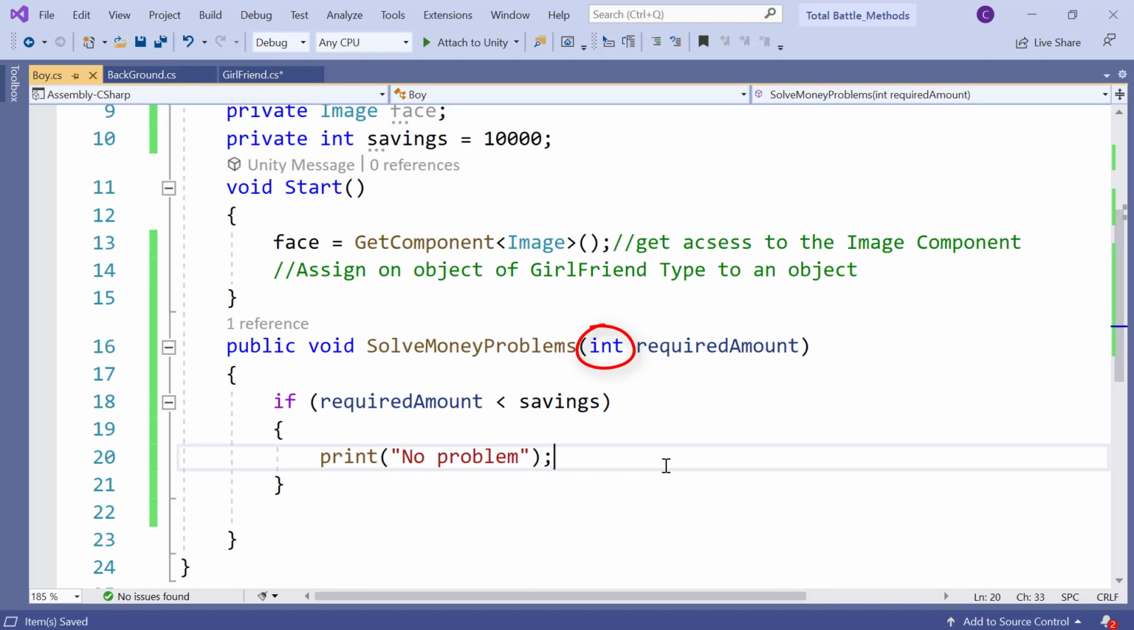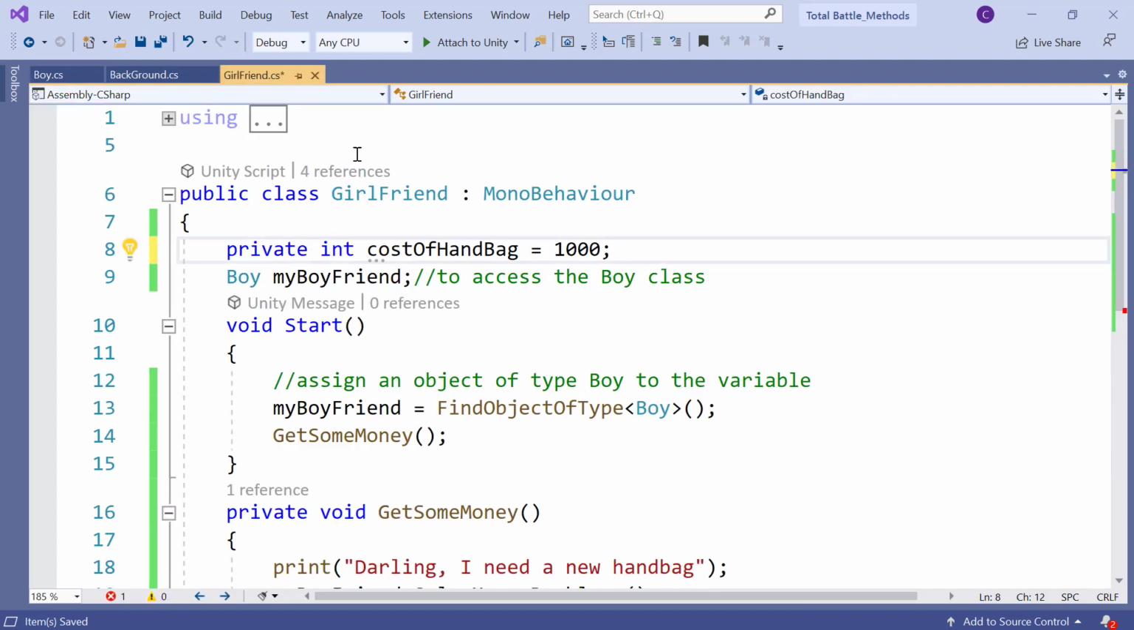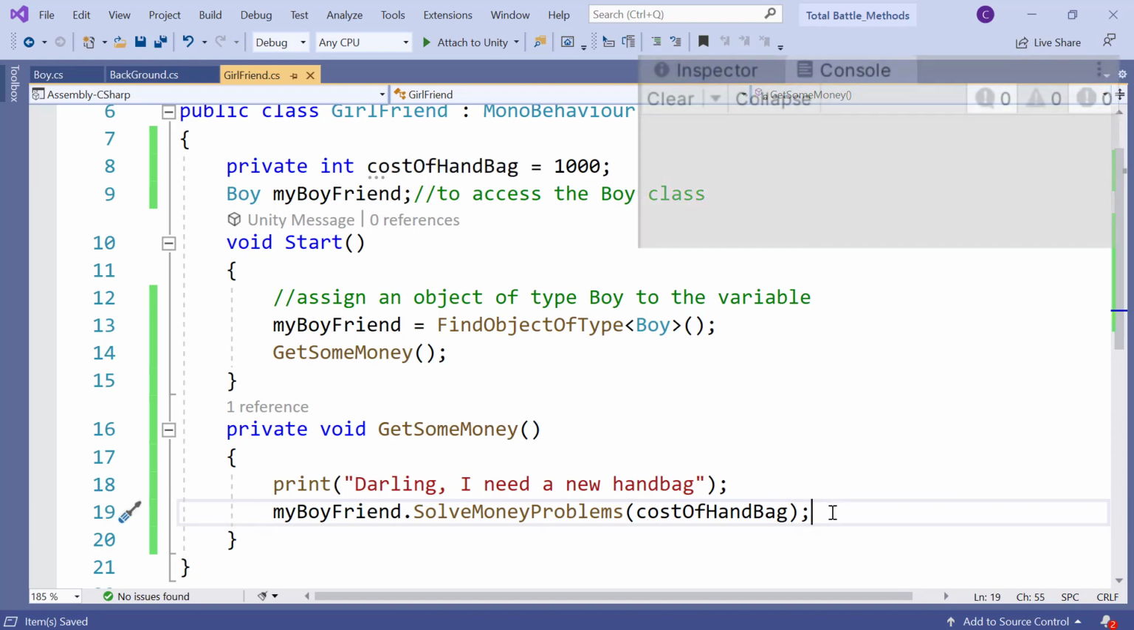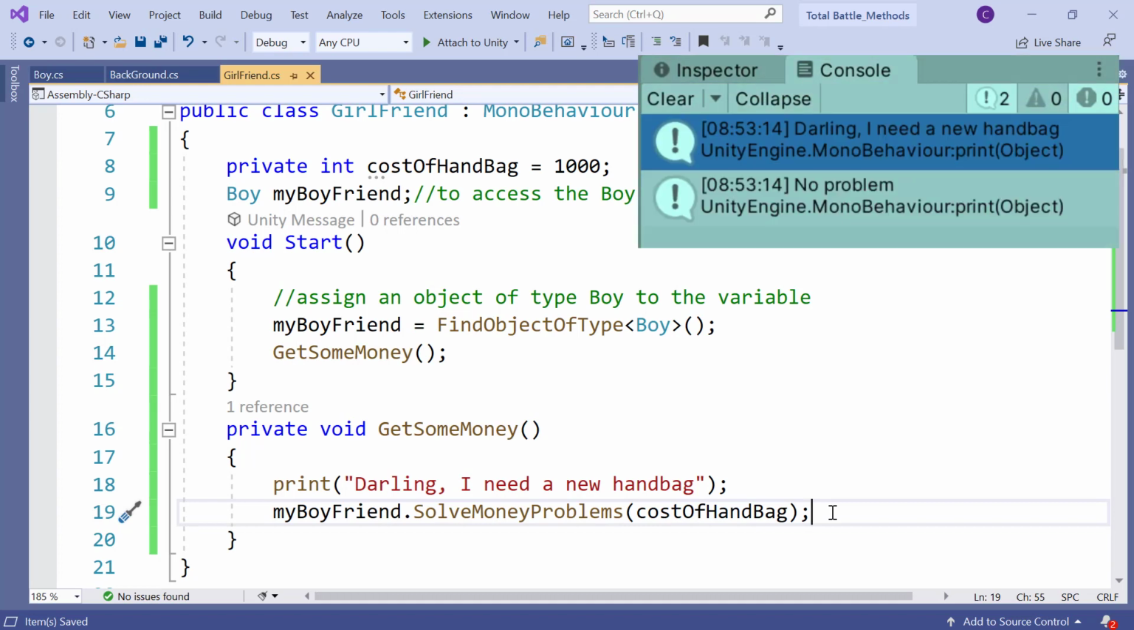At this moment the parameter has no value. I have to pass a value to it. Back to the girlfriend class. Let me modify it a bit. I need to pass an integer value to the solve money problems method. I can add 1000 and this will work. But we have a variable that stores the necessary value, so I will add the cost of the handbag variable. Now we will get the same result as in the previous example, but in this case things do not look